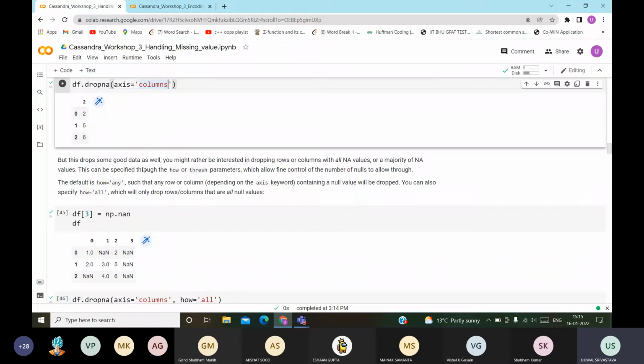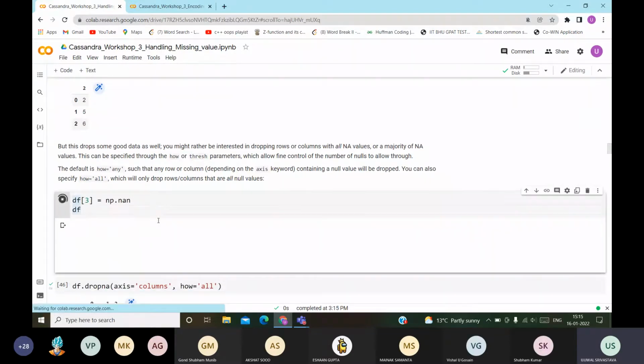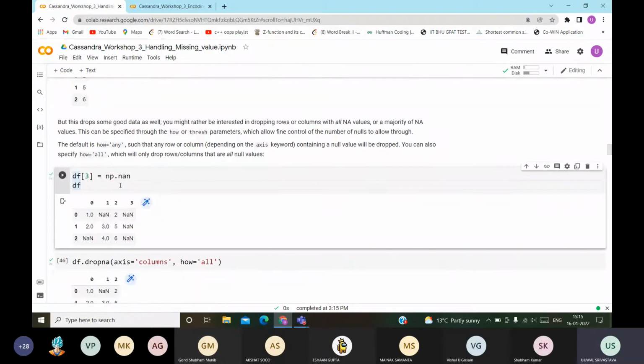But there may be various reasons or kinds of cases in which you want to drop the values, and you do not want to drop everything because there will be a lot of data loss. So there are various thresholds or parameters with which you can drop the values. Let us say in the same data set we have just added another NaN, a whole column of NaNs.